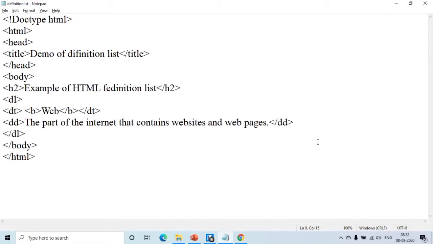Now in this way you can add any number of definitions here. Again use the DL tag, DT tag for adding a data term, DT start and end of DT. Again you can use the B tag, start and end of B, and add the term that is to be defined, suppose HTML.